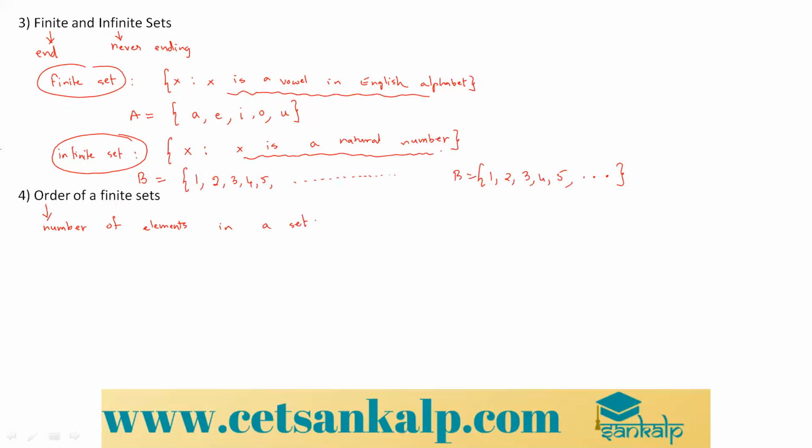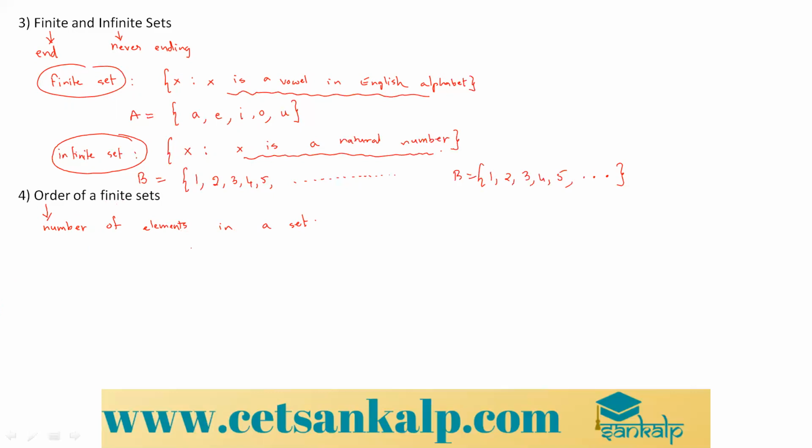How many things, how many objects, how many elements you are listing out. You have to count and then tell the order. But counting and telling the order is possible only in finite sets. If you have finite sets, they will end, and if they end, you can count and tell how many numbers